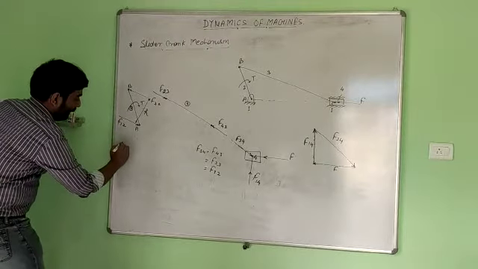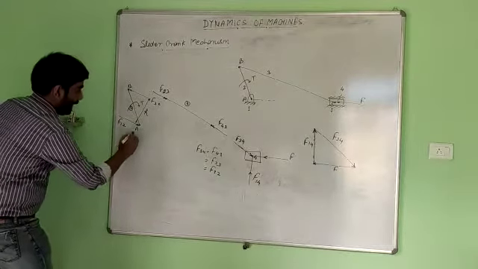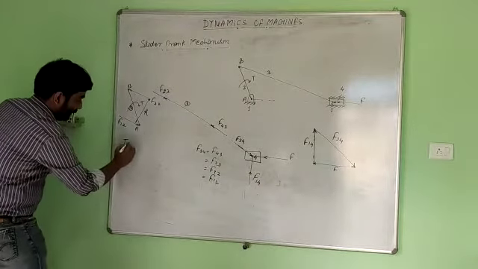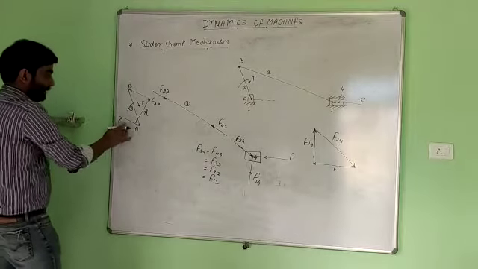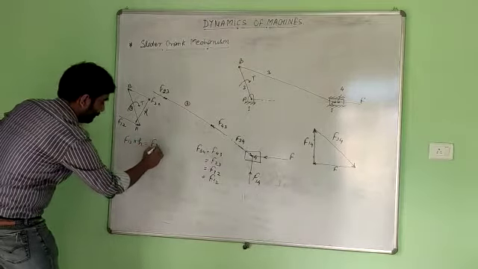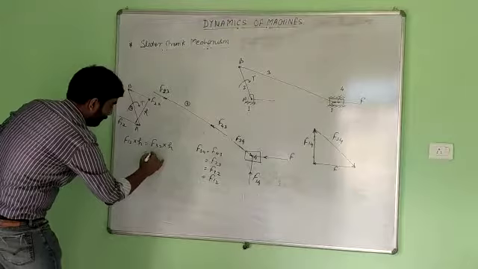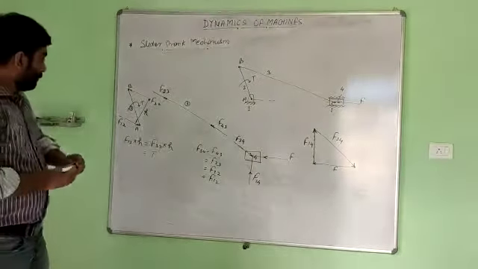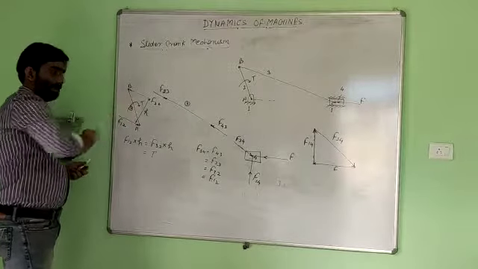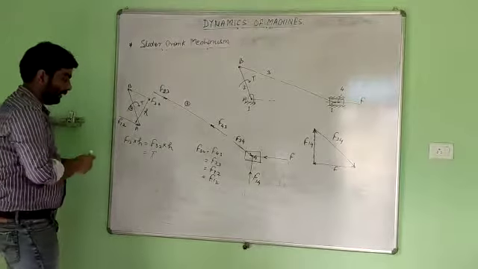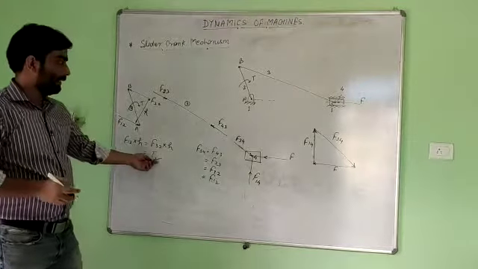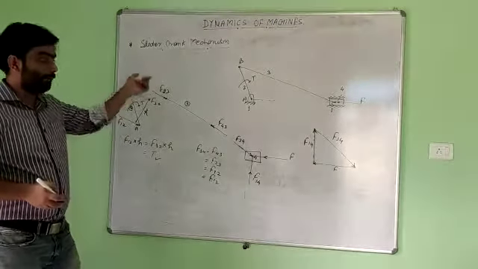So we will have F32 equal to F12, and then the moment produced by these two forces. Moment: F12 multiplied by h equals F32 multiplied by h, which will be equal to the externally applied torque. The moment produced by these two forces will be equal to the externally applied torque. So we can calculate any value, like if we have to calculate the value of torque T, we can calculate it as we did in the case of the 4-bar mechanism.